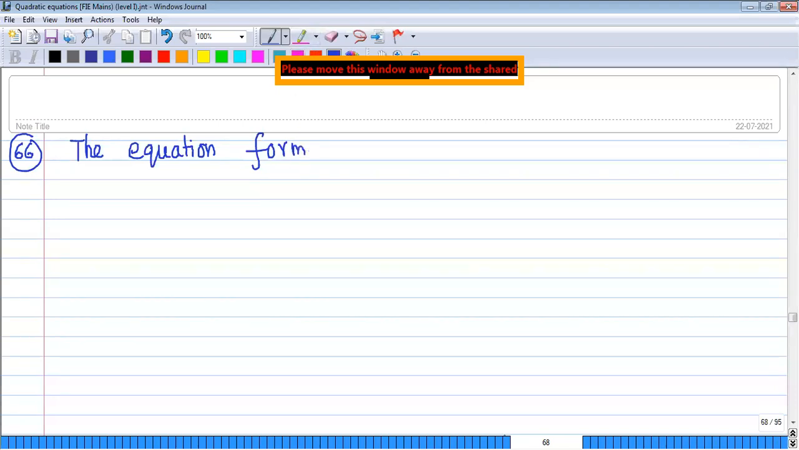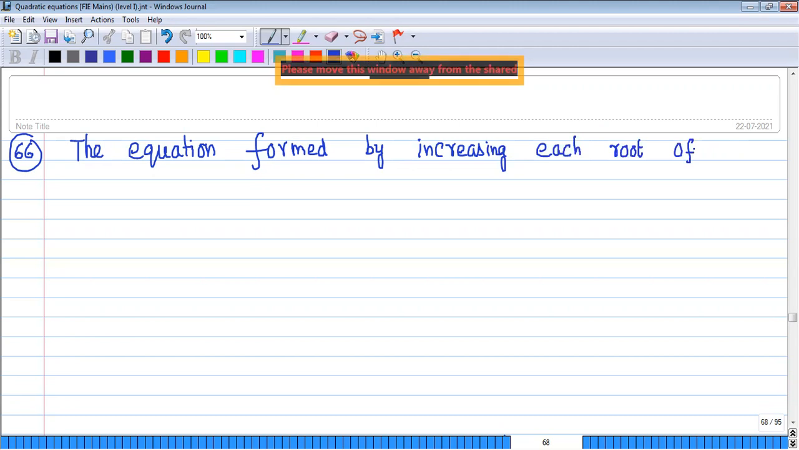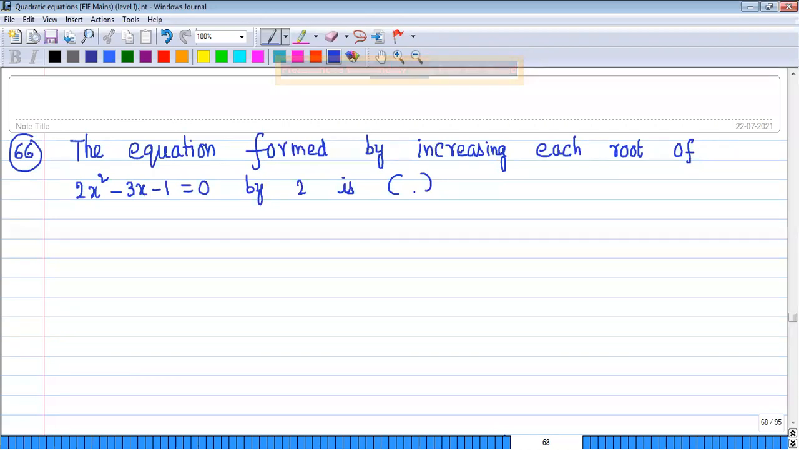The equation formed by increasing each root of 2x square minus 3x minus 1 equals to 0 by 2 is, first option,